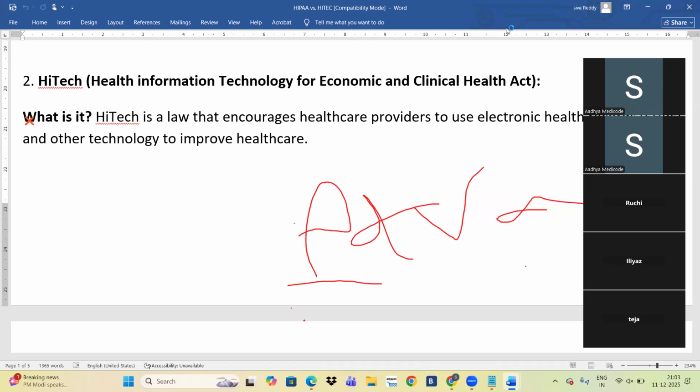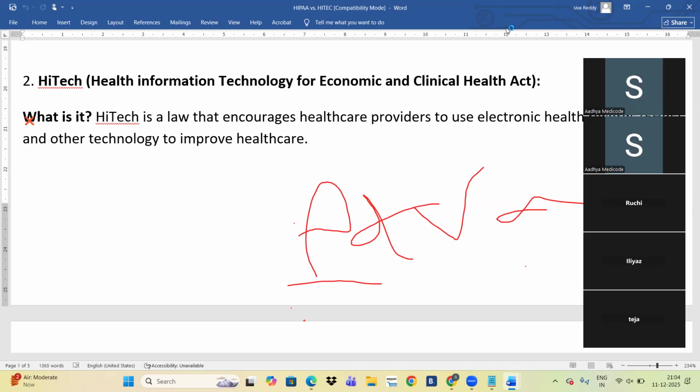Previously we had some manual recording, where they maintained all the patient data in paper format. Every time you go to the hospital, they give you the file and you take it, right? Manually, you carry your data every time. Now in the USA they implemented the EHR format, where they protect and store all the patient data in electronic format.